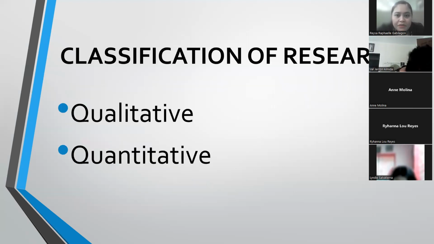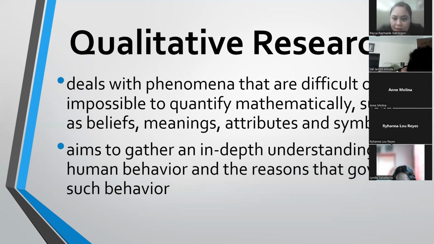Now, let's move on. Iba yung kinds of research, iba din yung classification of research. But most of the time we use these classifications, quali and quanti. Okay? Ito yung pwede yung pagpilian as you are doing your concept paper. You may opt to make a qualitative research or a quantitative one. But let's start with the qualitative research.